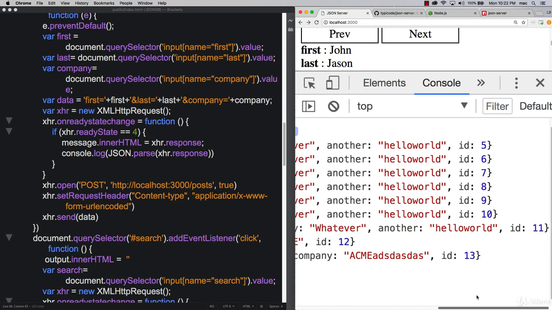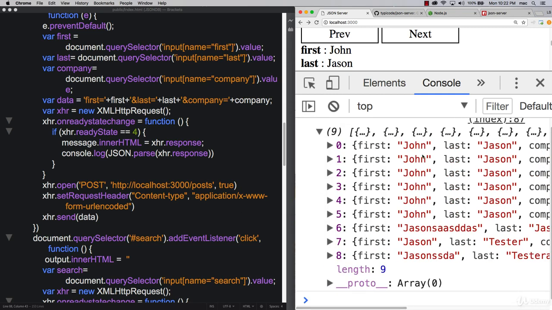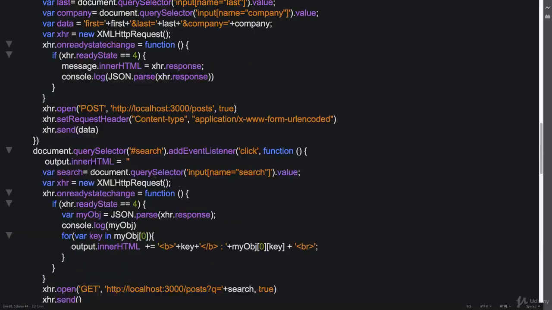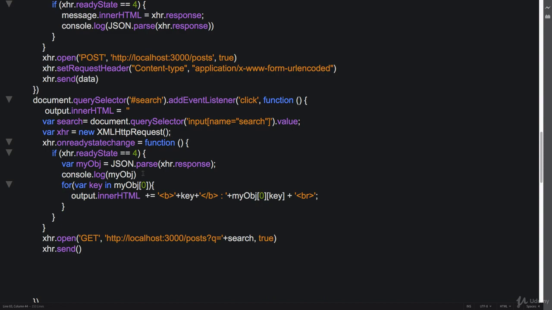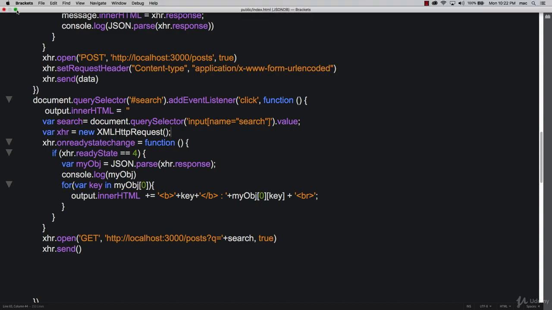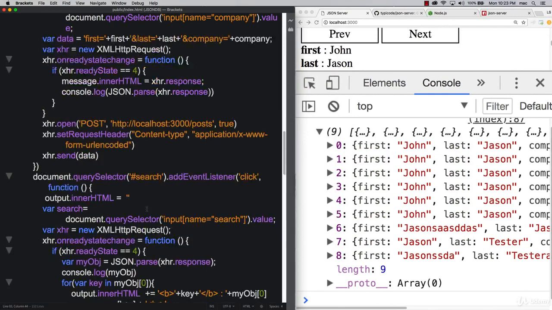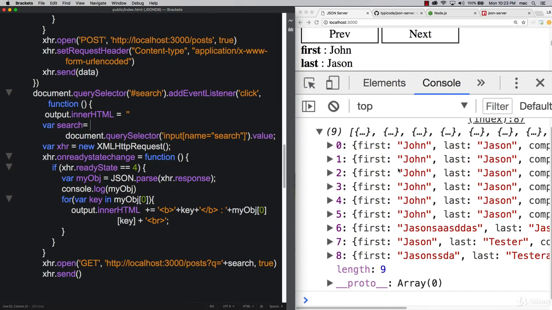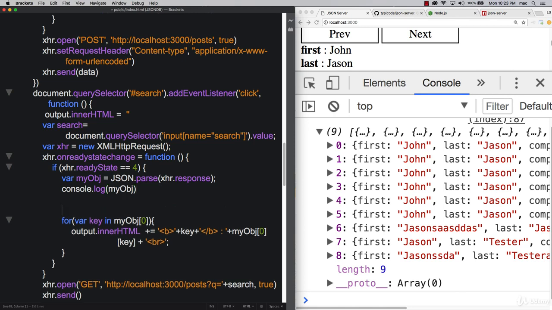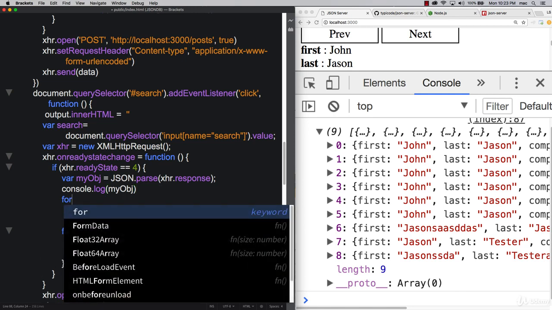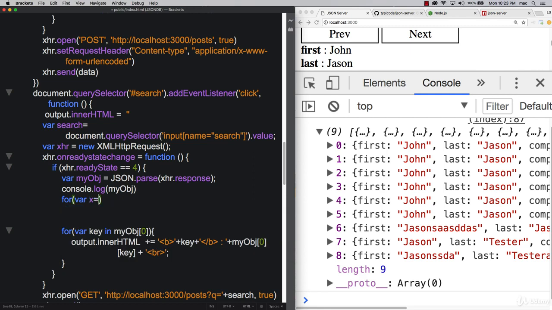Now we've got a whole bunch of data here and we need to loop through it. We could do a simple for loop; there are a number of ways in JavaScript to pull through this. Let's take one more look at the way the data is structured. This is really important because we want to make sure that we're looping through. The my object is the actual array, so it has a length. We know that if an object has a length, then we can make use of it within a for loop. So for, and let's just use x, and we're going to loop while x is less than my